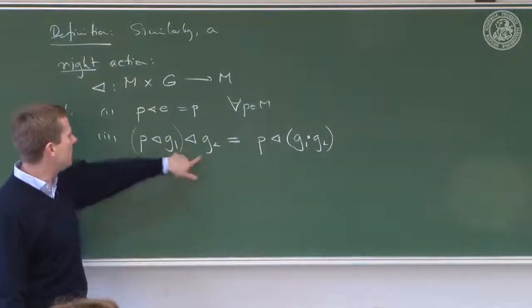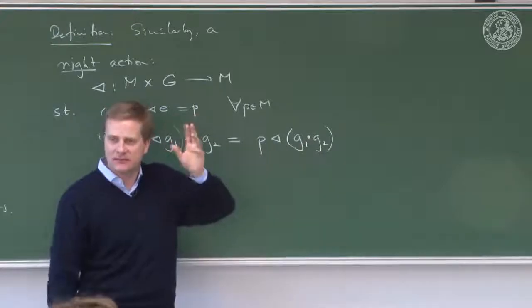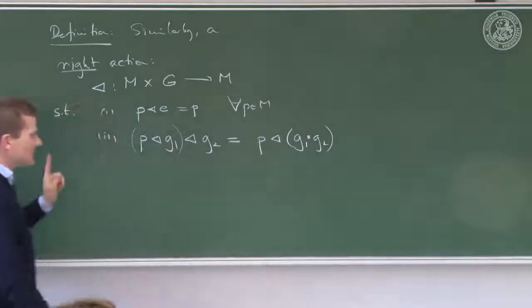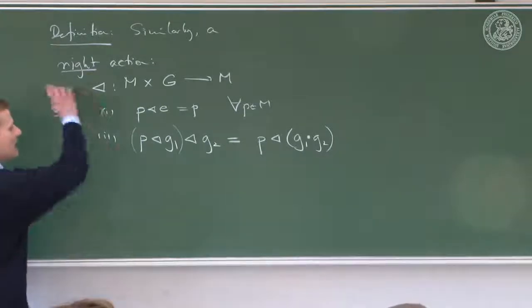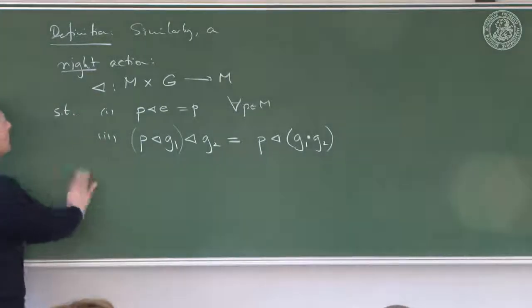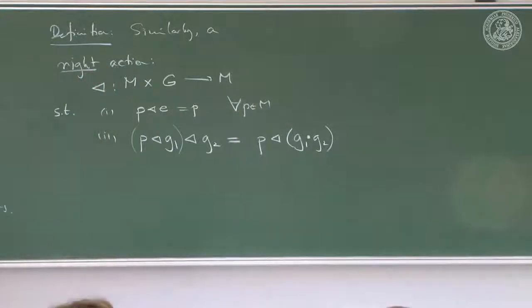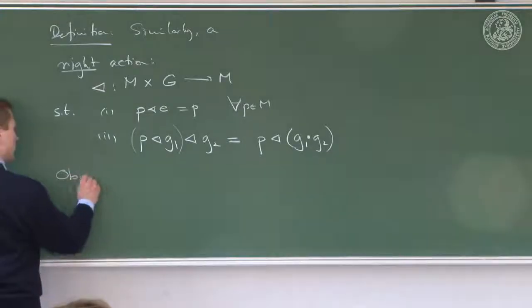But this is important, and that is why it's so convenient to really write this from the right, because you can always keep the order. You don't need to think about it. Okay? But it's really something different. Such that you have this, and everything else stays the same as it was before. This is called a right action. I don't need to spell this out in every detail. Now, we can make an immediate observation,